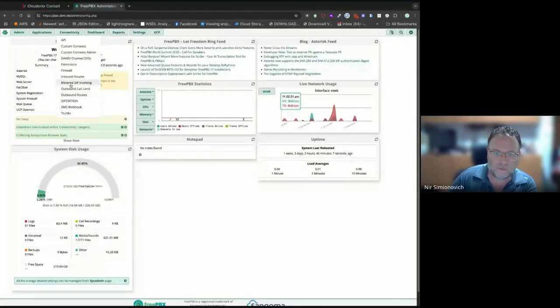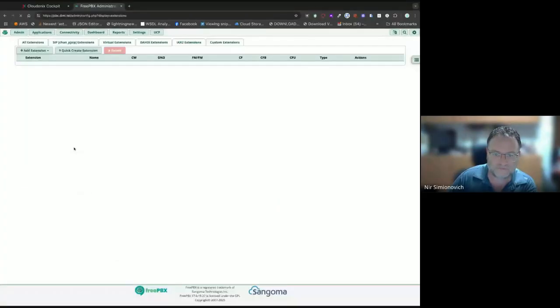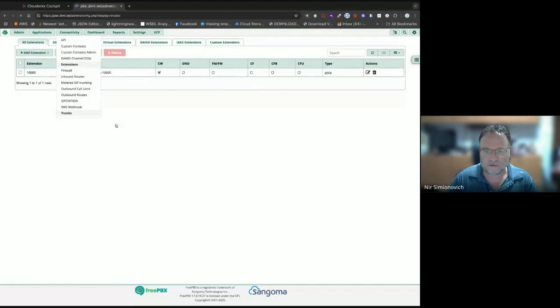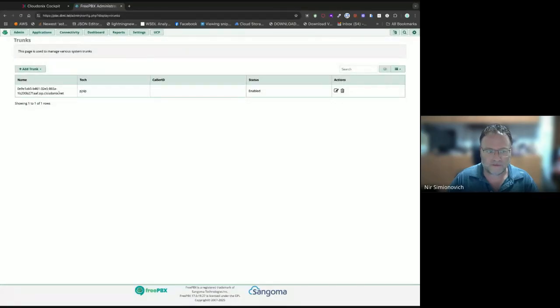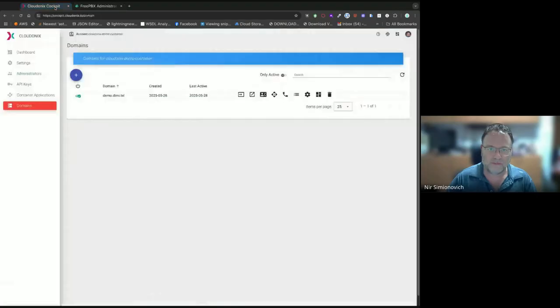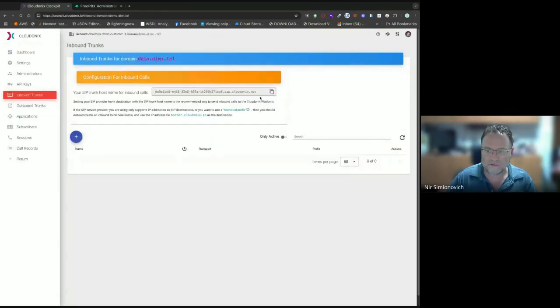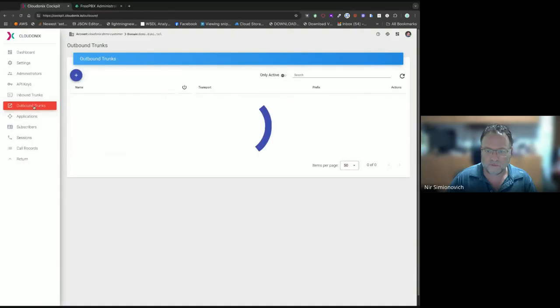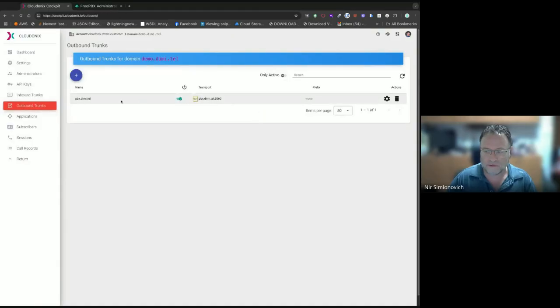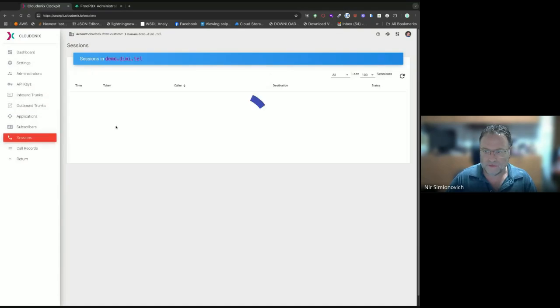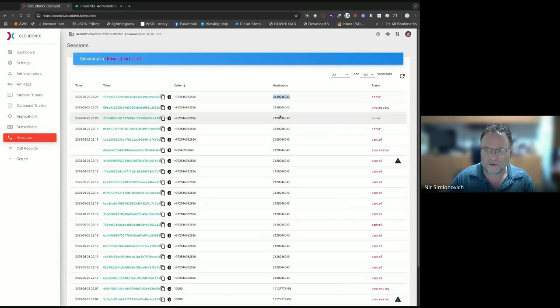I have one extension defined over here, and we have a trunk that is connected to Cloudonix. All of this information is available on our developer website, and I'll be happy to walk you through it as well. We already have an existing Cloudonix account, our inbound domain is already configured, we have configured an outbound trunk over to the PBX, and we even have an existing phone number.